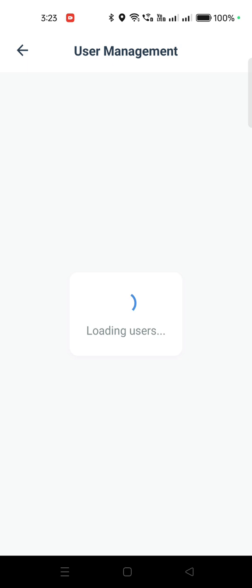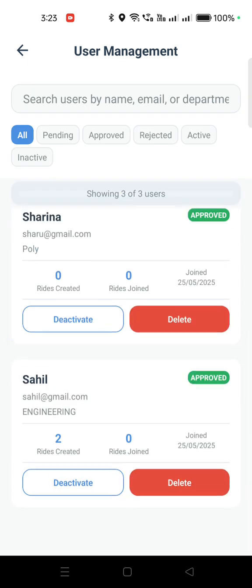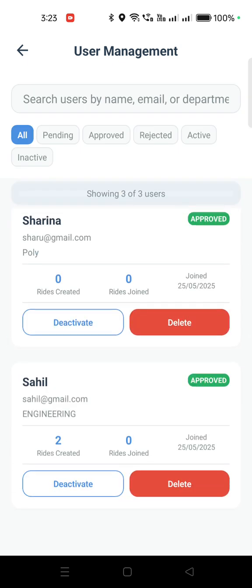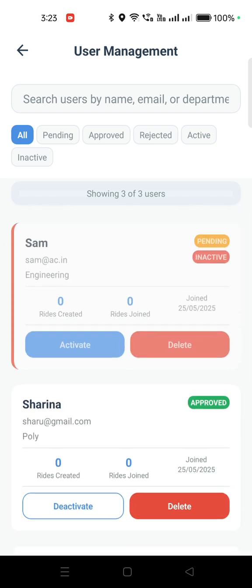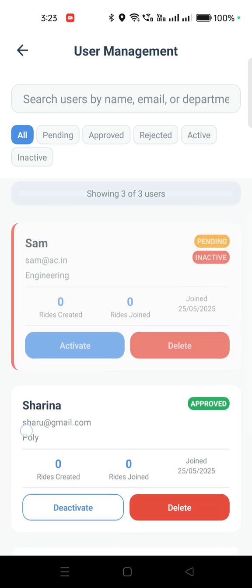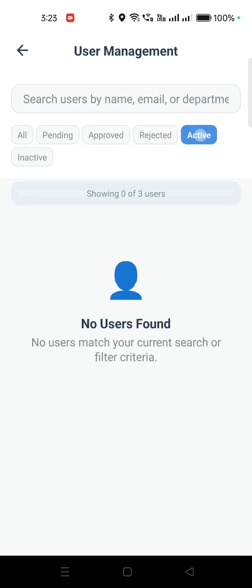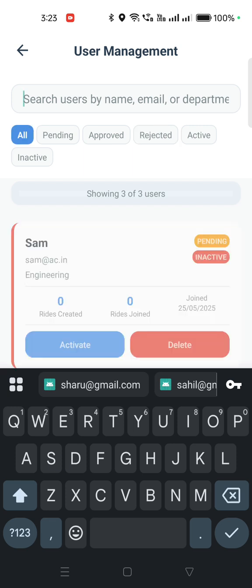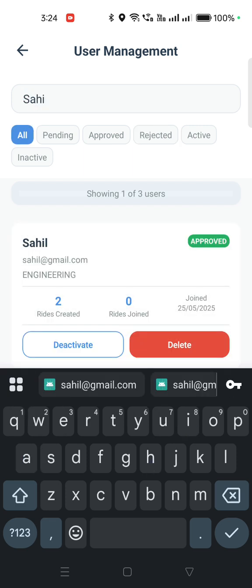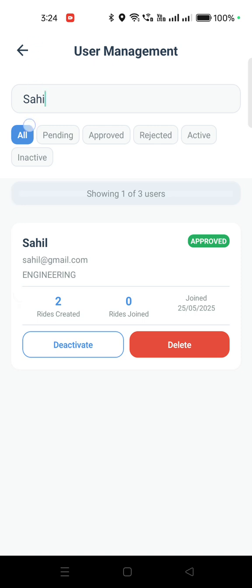So in user management, you will be able to see all available users. You can remove a user, delete it, deactivate it, you can do the complete user management. Here as you can see, as of now we have created Sam, so we can't do anything because it's not verified. Okay, so it's under verification. You can also use the filters. We have added the filters option here also. Also if you want to search for some name, you can do a name-based search operation. Okay, so this way you can do the different user management and filtration.